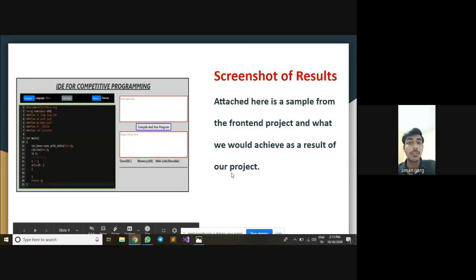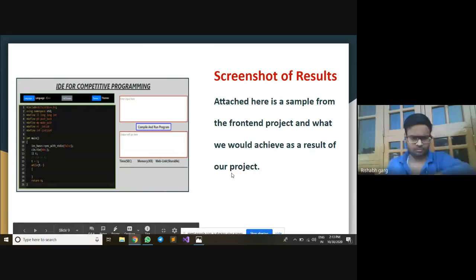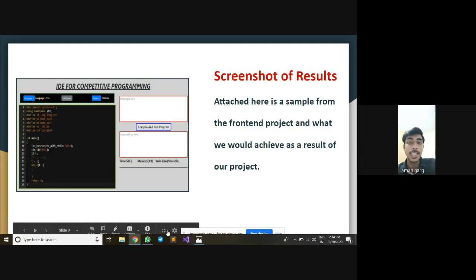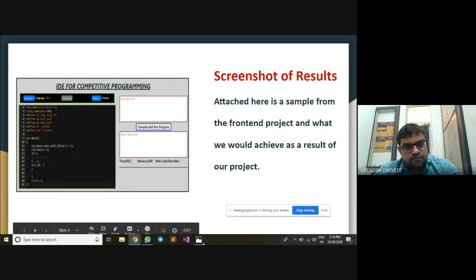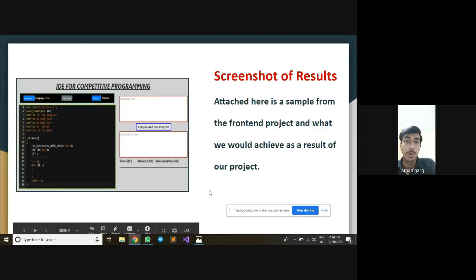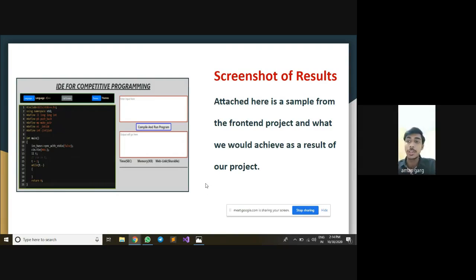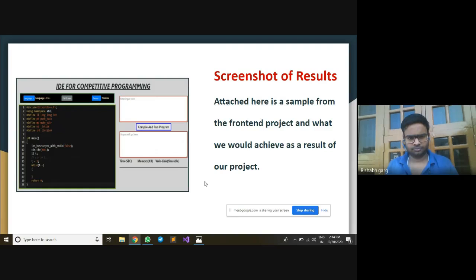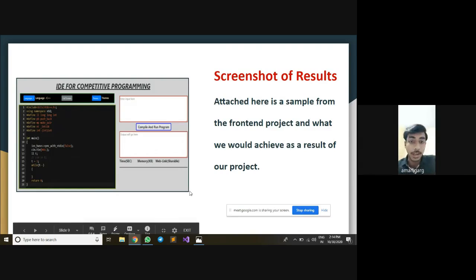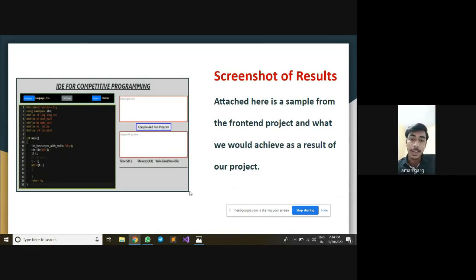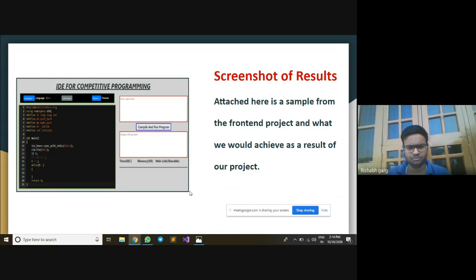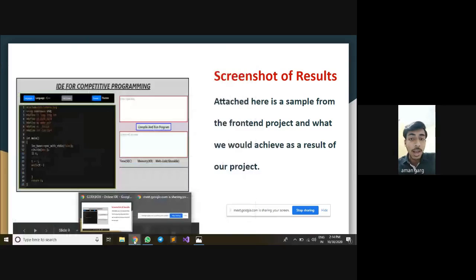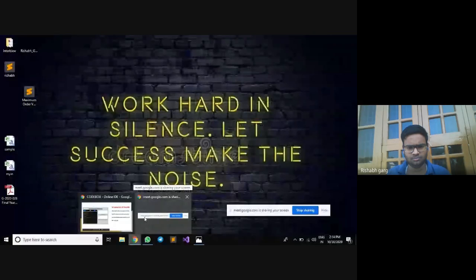You can see in the front end part that we are compiling the code with different code languages, C, C++, Python, and Java, and it gives the output in a different code box, and the error code box is also there. We tested our code box on different error codes, the code which are giving errors, and we came to find that the work is actually working, and we are getting all the errors.